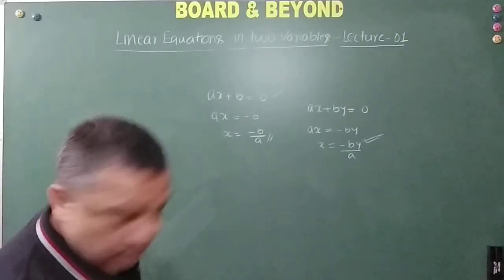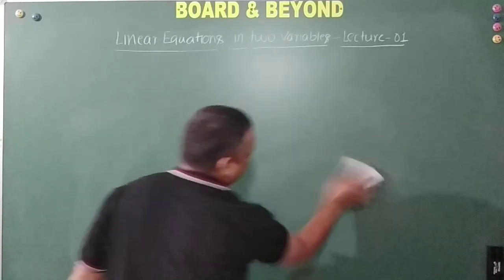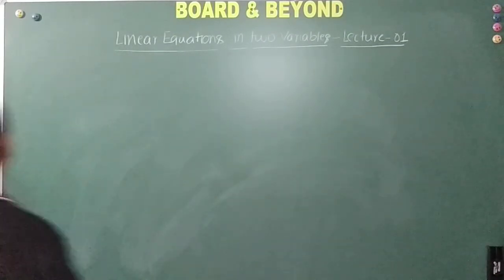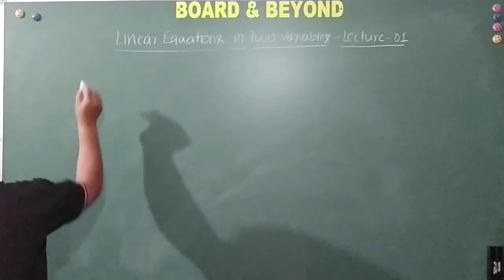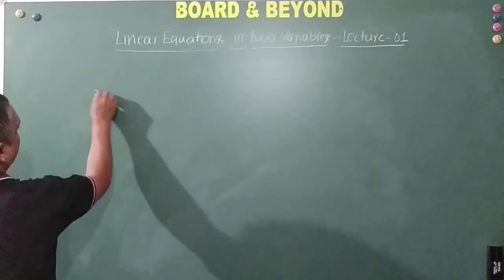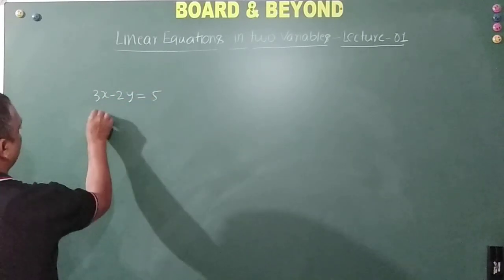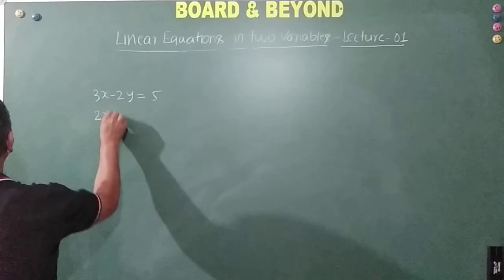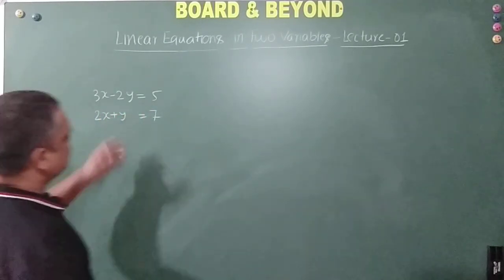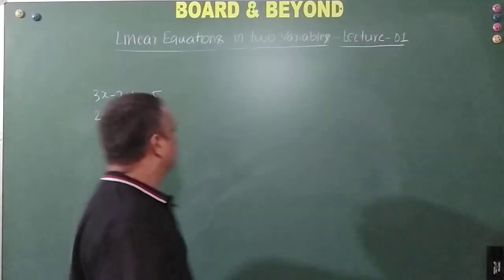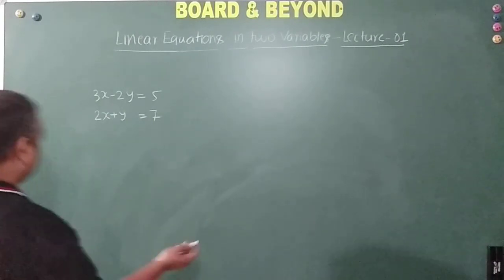So let's move on to the topic which we left, friends. Okay? What are consistent linear equations, right? So I told you what a consistent linear equation is. We will see an example. 3x minus 2y is equal to 5 and 2x plus y is equal to 7. So these are the two linear equations which have been given to us, friends. Okay. So what do we do? We try to basically eliminate one.